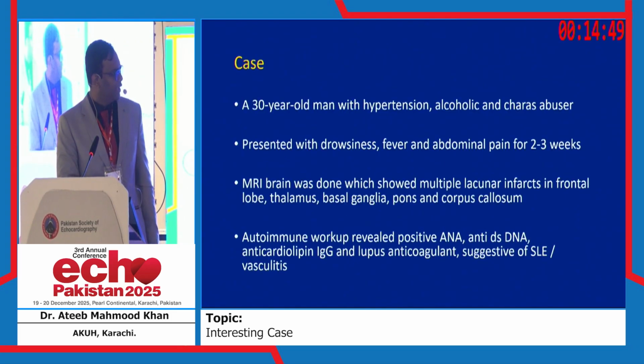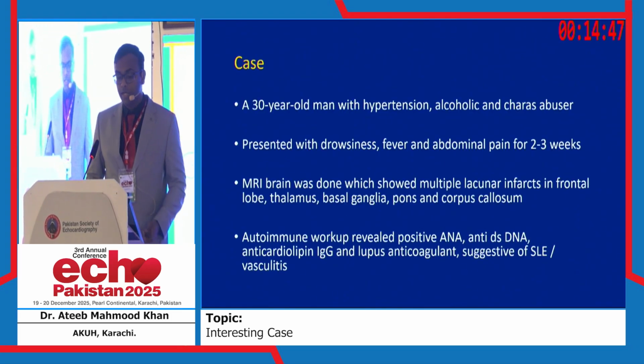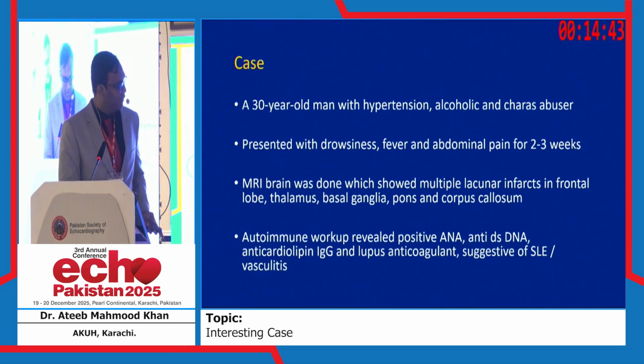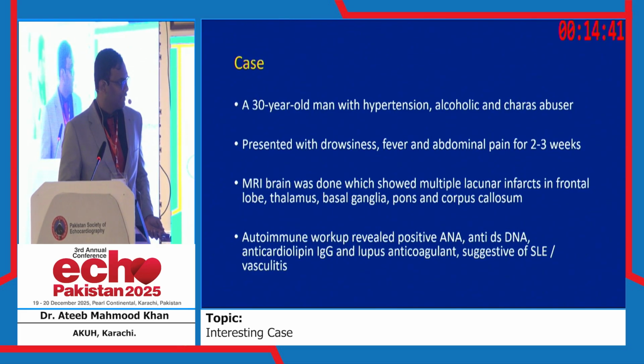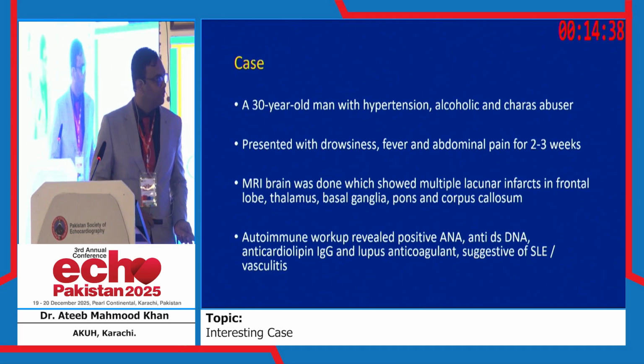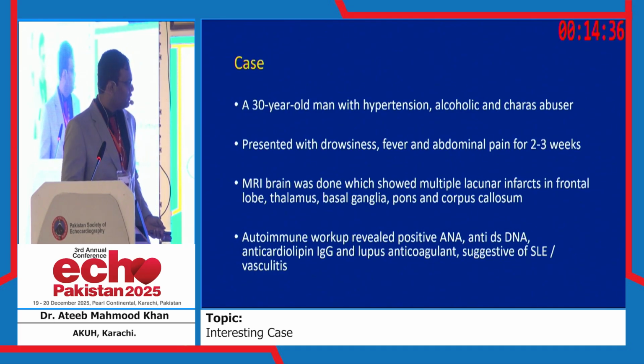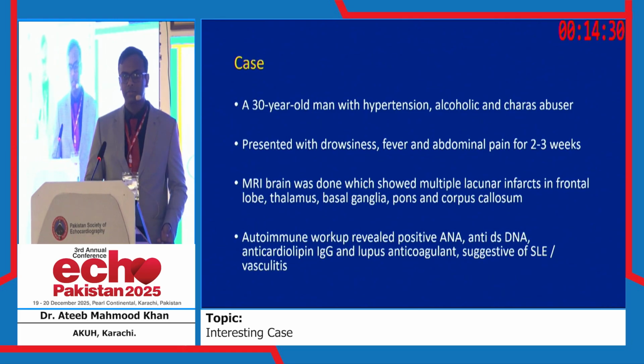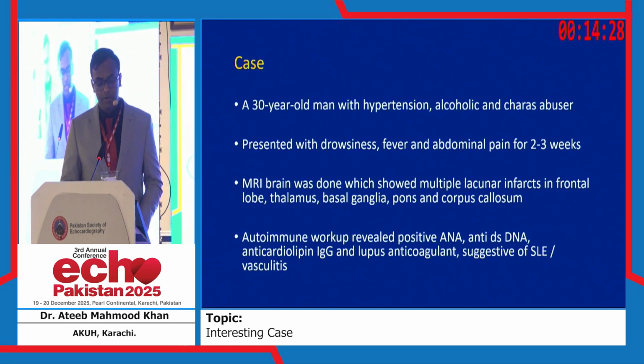Moving forward towards the case, a 30-year-old man with hypertension, alcohol abuser, presented with drowsiness, fever, and abdominal pain for 2 to 3 weeks. MRI brain was done for drowsiness, which shows multiple lacunar infarcts in frontal lobe, thalamus, basal ganglia, pons, and corpus